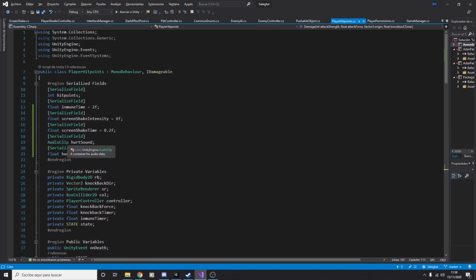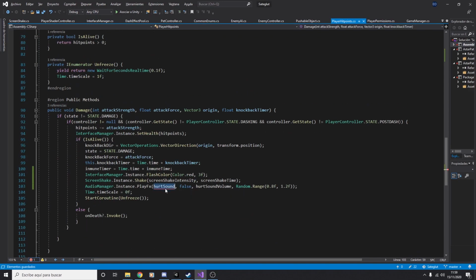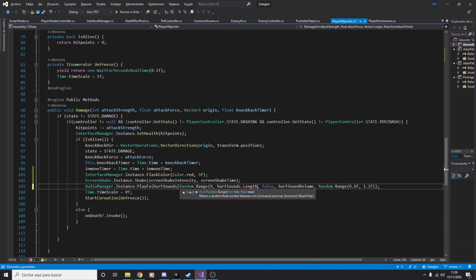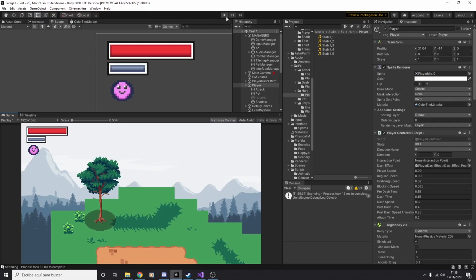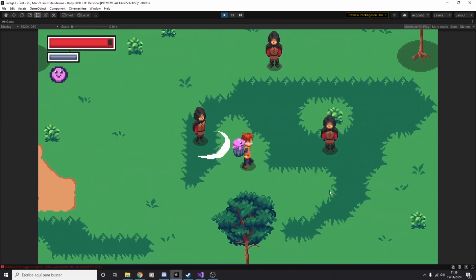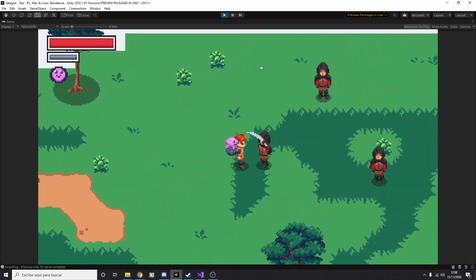I didn't think that the sound effects I made in VFXR were working, so I searched for new ones. VFXR is great for making retro-style sound effects, but I don't think that style goes with the sounds I have in this game. I also added an array of sounds that the player could make when getting hit. This way it will add a bit of randomness. This was the result.